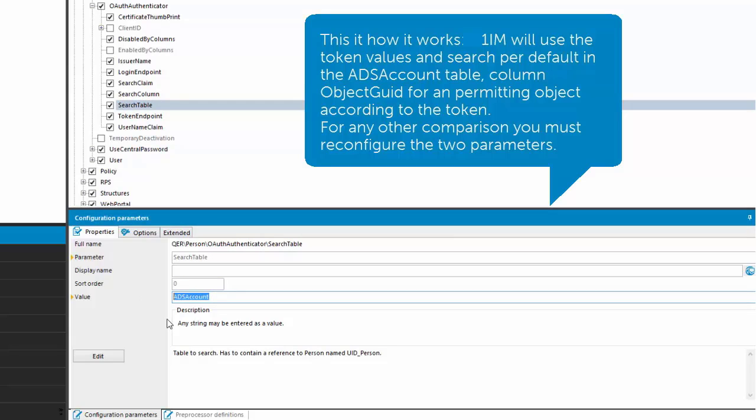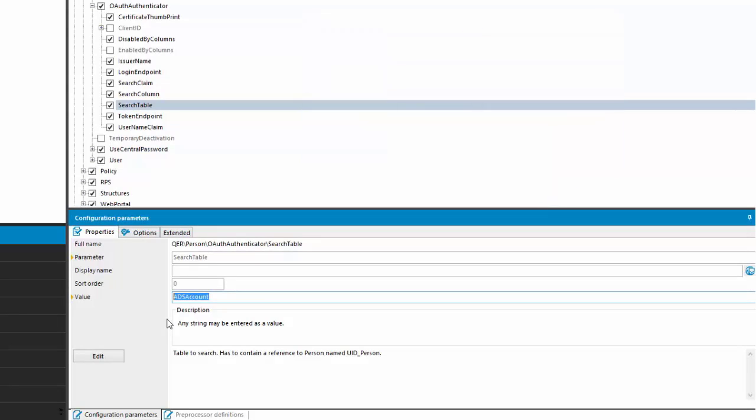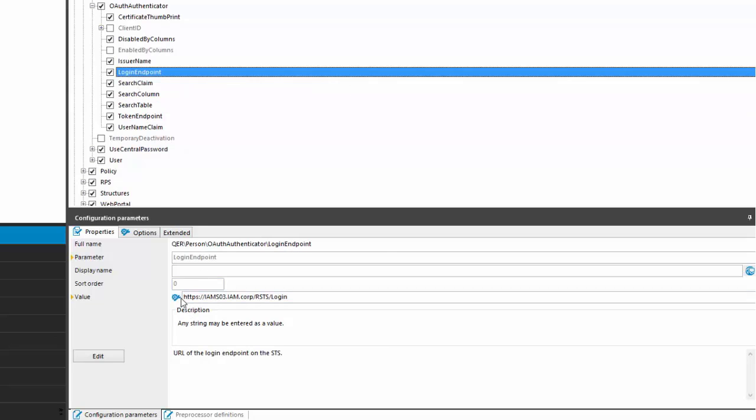So from the token provider, our system takes the token and steps to the Active Directory account table in the database and searches there for the object GUID. And if that is the right one, then our system knows which user it is according to that specific token and can sign them in with the correct permissions. Another interesting one could be the Logon Endpoint, and here we will see our configured server, IAMSO3, where we have